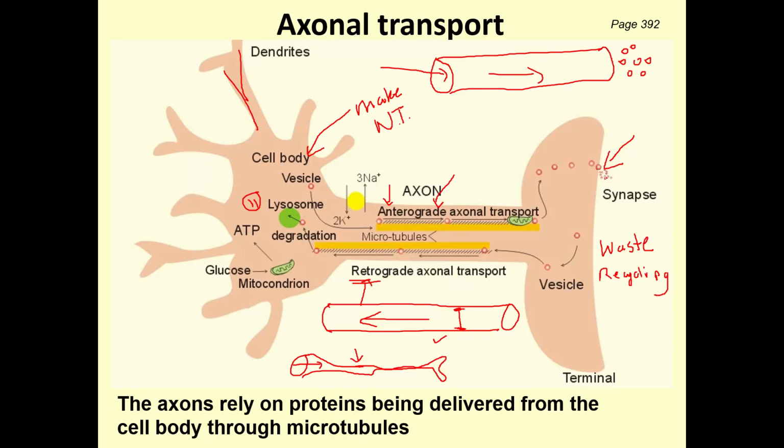So later when we're talking about dementia, and I mention these tubules collapsing, these are the tubules that I was talking about. And they're really important to keep your neuron healthy, to keep your neuron functional, and to make sure that your neurotransmitters are delivered down here to the place where they're needed in this axon terminal.